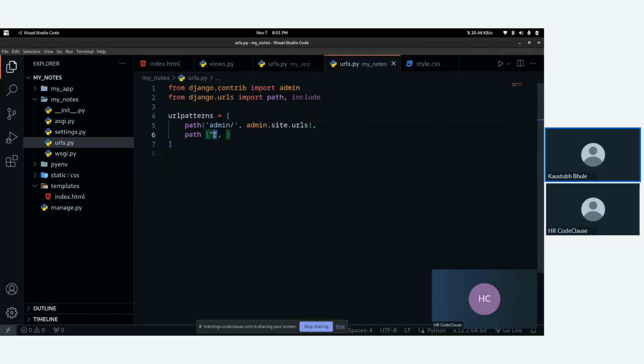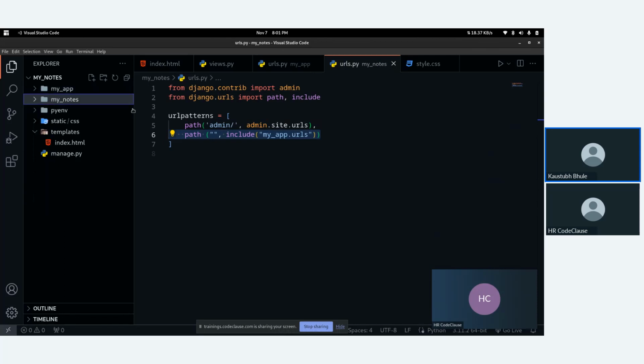I will tell you what is the use of this, I mean, how to give a specific path instead of these empty quotes. Then include, round braces, followed by my app dot URLs. Okay. So what we did here, we completely included all the URLs from our my app application to this my notes, which is our main project.